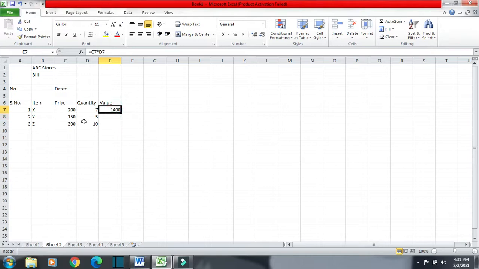Now for other formulas, we do not need to write the formula again. We will just use this fill handle. It will become a plus sign and I will just drag it and it will give me the value. So this way we have used one operator for multiplication. So this way we can enter a simple formula in a cell.